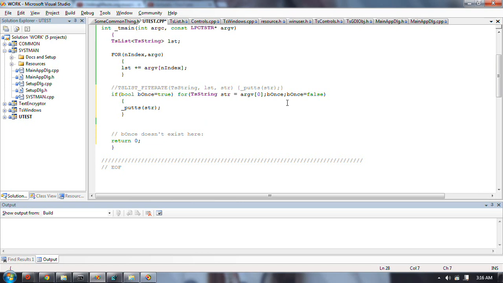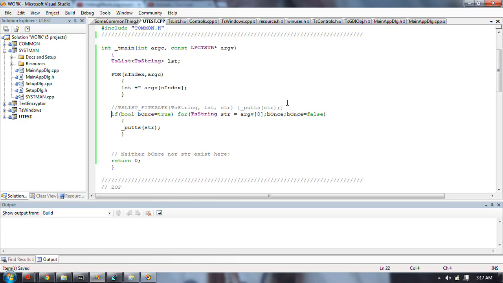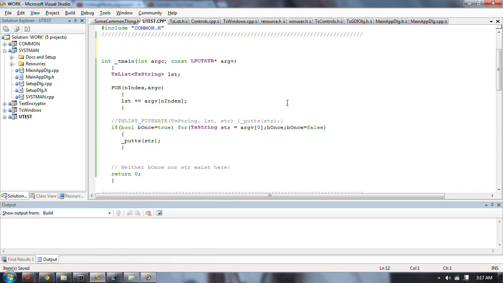So at this point, neither of those variables exist here. Okay, now what have I supplied here? argv. Well, maybe if I wanted to turn this into a macro that gets me a string, the case argv, provided it's in range,